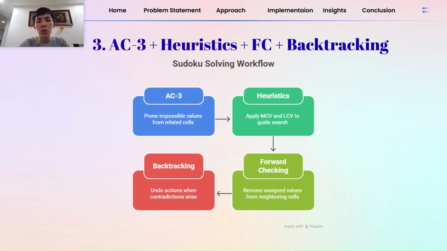The hybrid Sudoku solver starts with AC3, which prunes impossible values based on Sudoku rules. If AC3 doesn't completely solve the puzzle, the solver moves to a search phase guided by heuristics. The minimum constraint variable heuristic